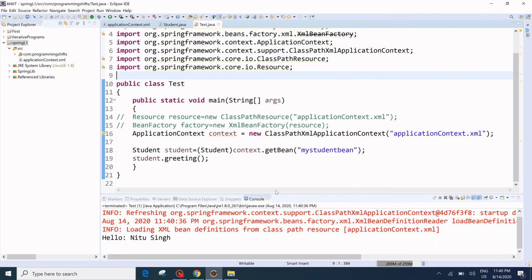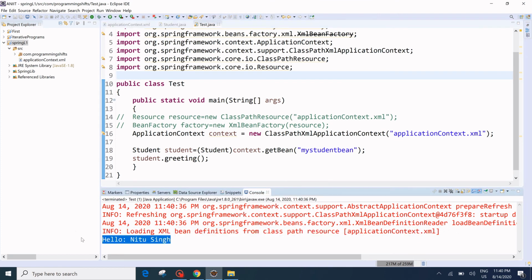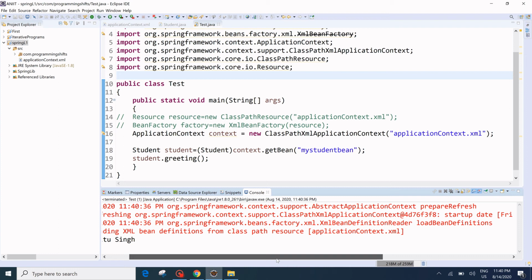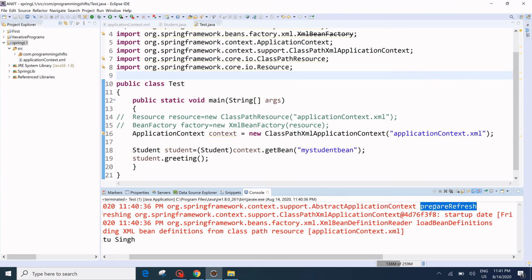So now we have resolved the issue, and we have seen the greeting as hello Neetu. In the console you can see that the application context is running. We have got information like application context prepared, refresh.